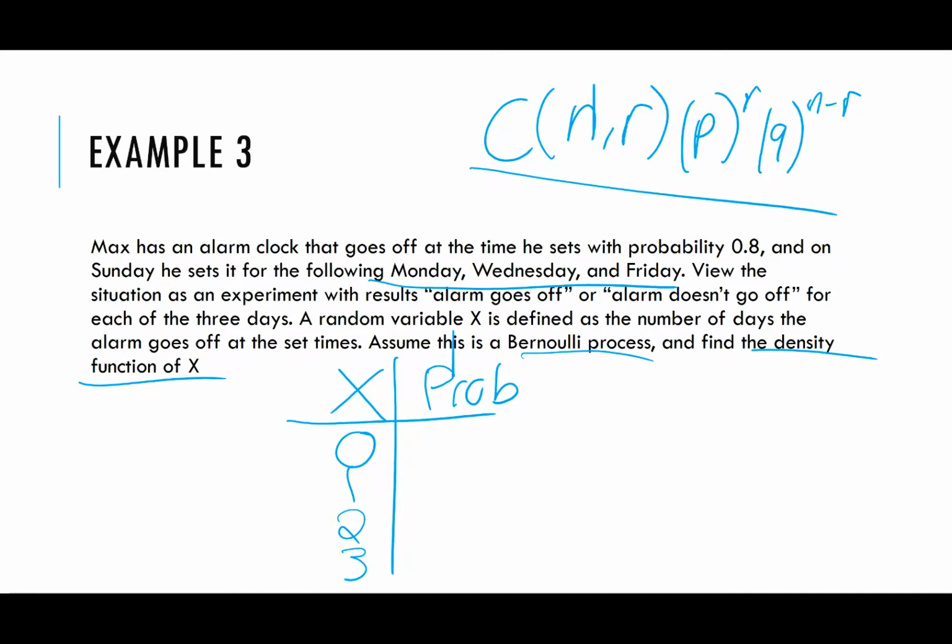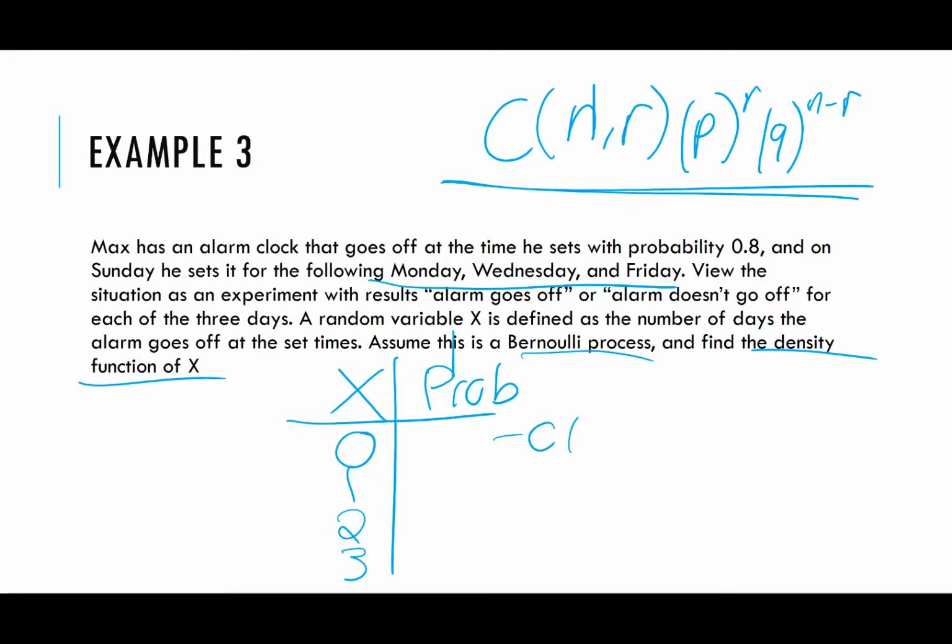You're going to plug that in the calculator and let the calculator give you the result. But let's talk about how this formula applies to each of these. So I'm going to use that formula to find the probability of 0 outcomes first. So the probability that the alarm works on 0 of those 3 days, just using our formula, we have the